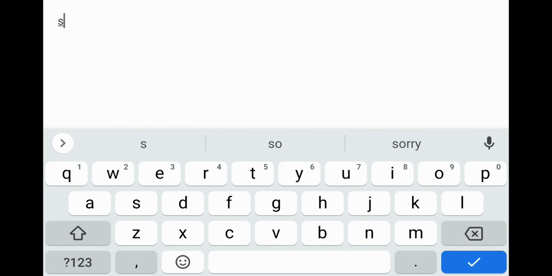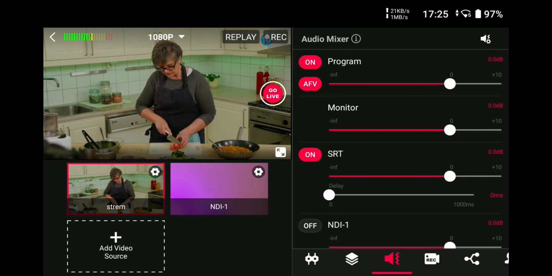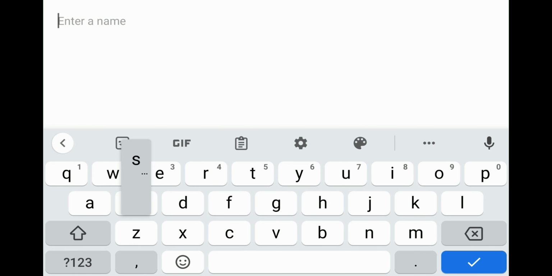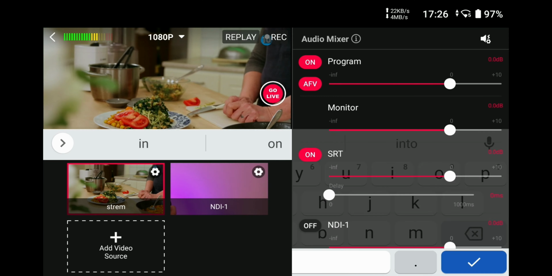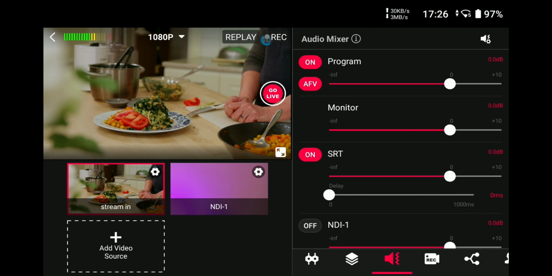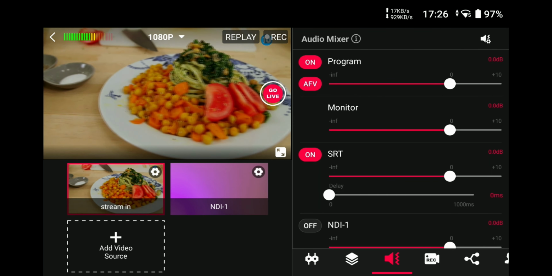your input. So just call it stream instead, so I know where it is. Now it says stream. It helps if you can spell. So if I rename this into stream, and I go in, and now my input is called that. So it's very handy to be able to get a quick overview of what your inputs are, where they are,